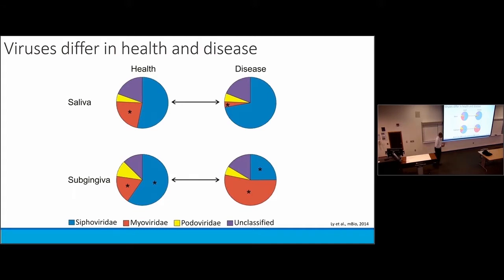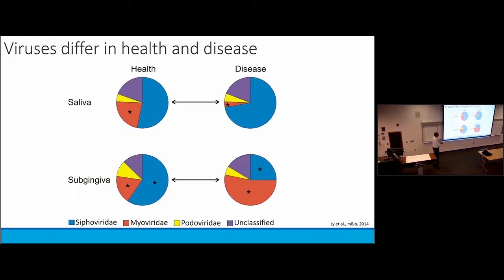In general, even though there are a lot of exceptions to this rule, siphoviruses that we tend to find in the oral cavity tend to be lysogenic, and many of the myoviruses that we find in the oral cavity tend to be lytic, so we're starting to wonder, well, what is the cause of periodontal disease? Are the viruses driving the disease, all of these myoviruses that we now have found? And it really becomes a chicken and the egg.